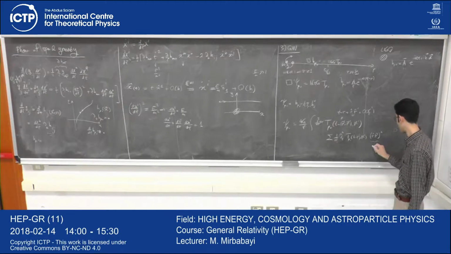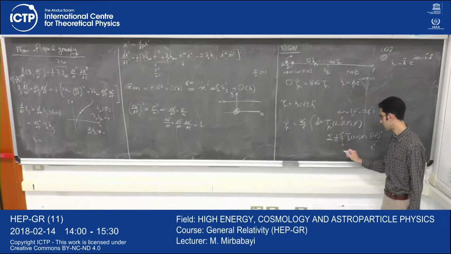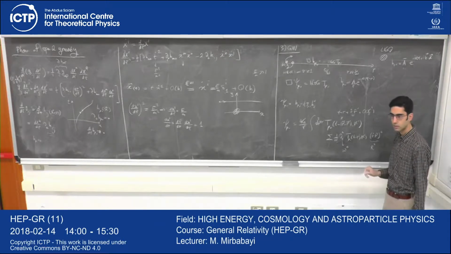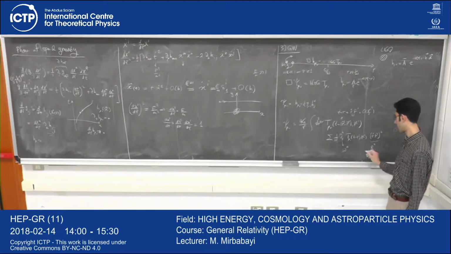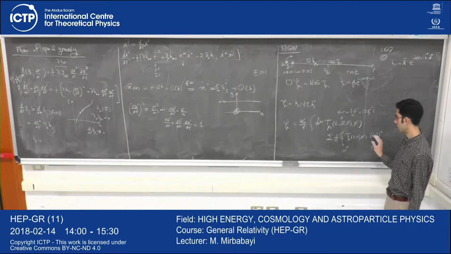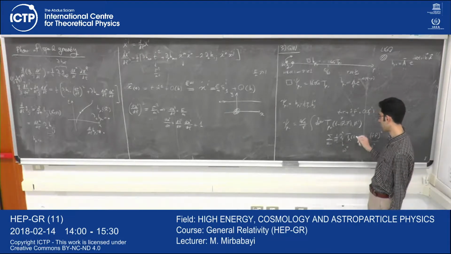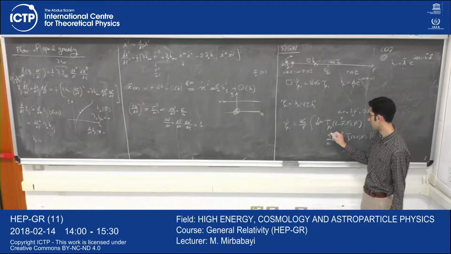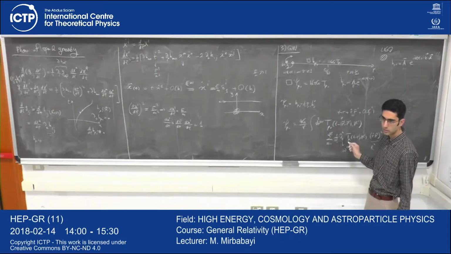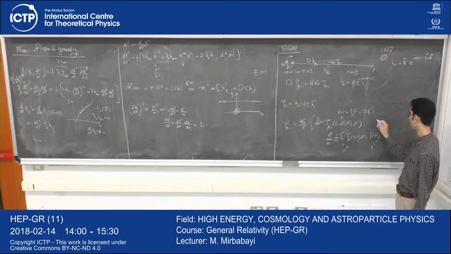So this term is of order r, the size of the system, to the n, and this is a time derivative, so it's of order omega to the n. So this is omega r to the n, which is the velocity to the n. The leading term in this expansion, if omega r is much less than 1, is the first term in the expansion, which is the zeroth derivative. So therefore,